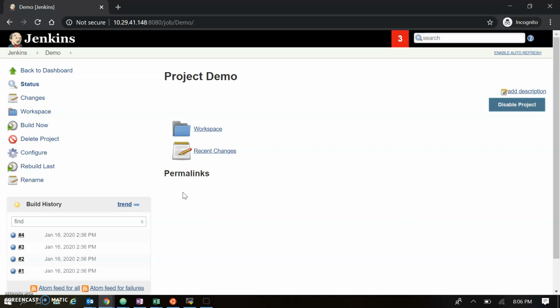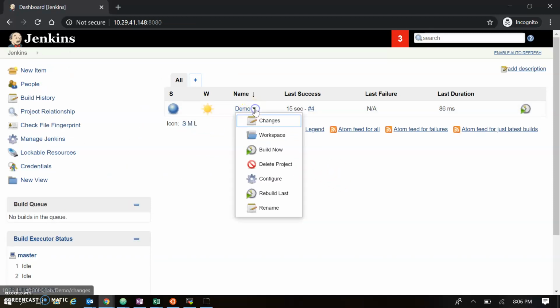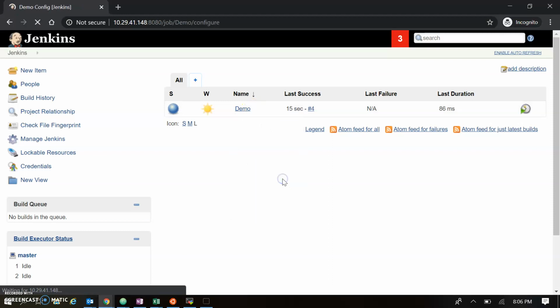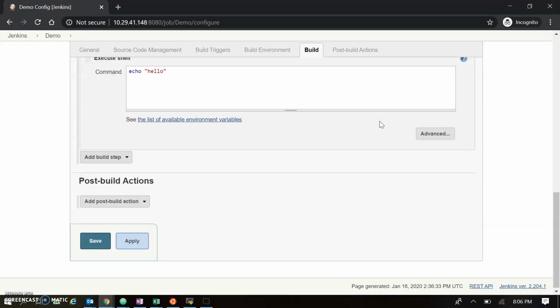So let's understand, this is a demo project, the name is demo, and how do I rename this project? So for rename, let's go to the dashboard again, and here you can find the name in configuration. From here you can rename, but this was supported in the earlier release. In the latest release it won't be available. So when you want to rename your project, here you won't be able to rename your project.